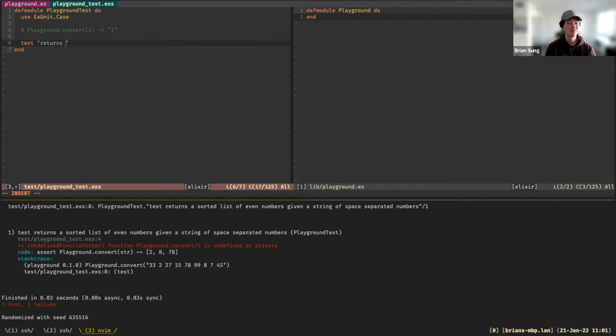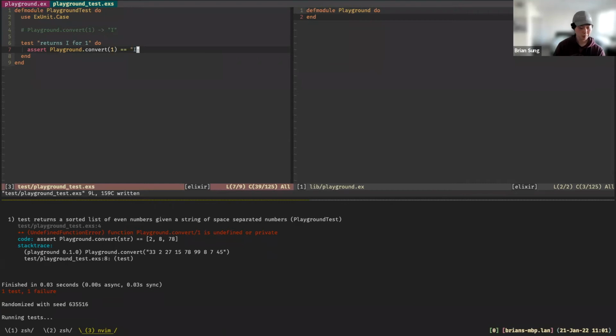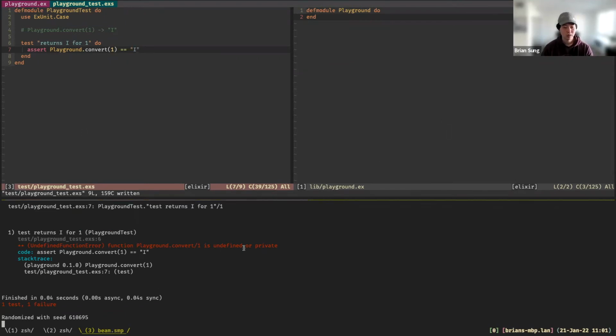Returns I for 1, right? And let's just assert that Playground.convert(1) is equal to "I". All right, cool. We have to define convert again.